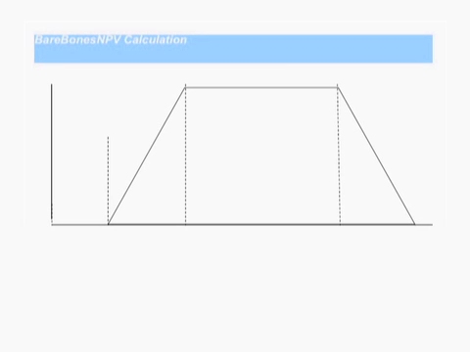comprises four pieces. Launch, from the time that you think of making the investment until the time you actually got the operation going to where you'd be getting sales. So this is where you're putting your money in. Then you have a ramp up. You start off with relatively low sales, and that kind of ramps up to either a steady growth condition or